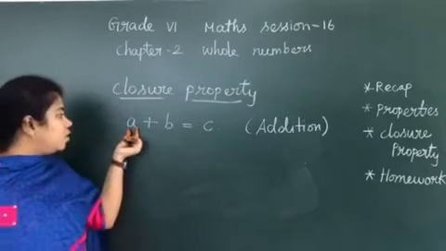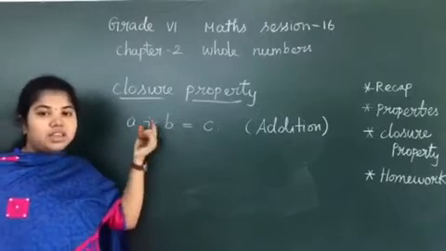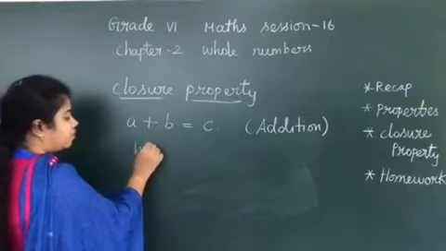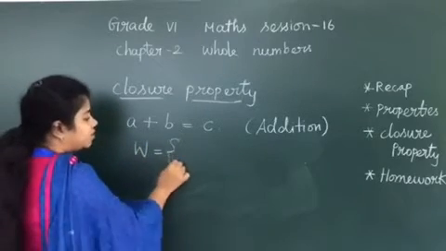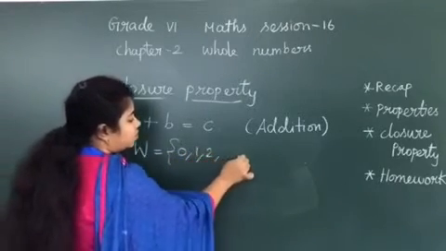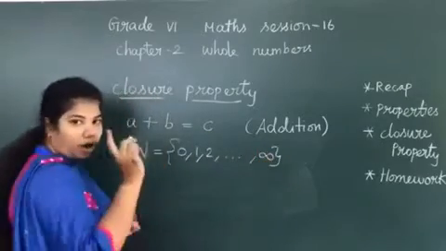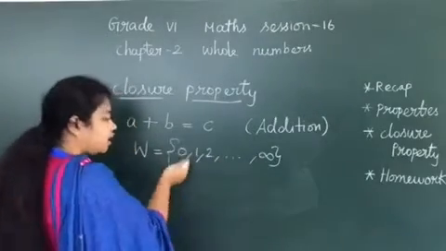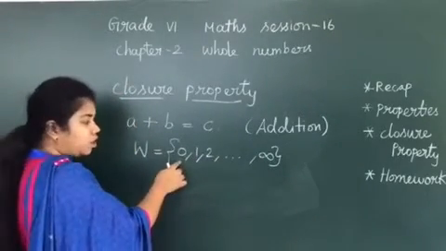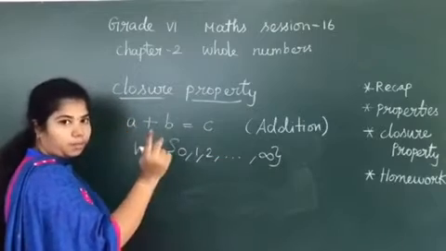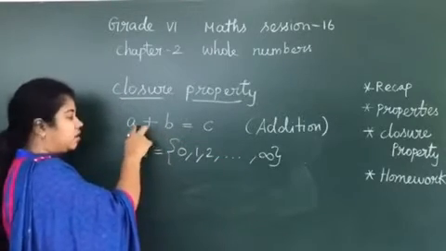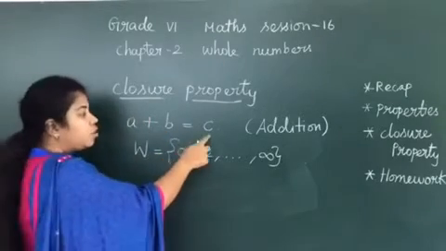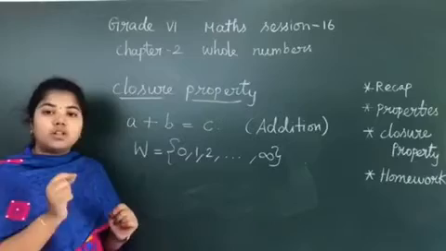Okay. So now listen, A, B. These 2 numbers should be whole numbers. What is a whole number? Whole number is represented with the letter W and it starts with 0, 1, 2, etc. and goes on up to infinity. You are going to choose any 2 numbers in between 0 and infinity. You can choose 0 also. If you are choosing any 2 numbers, that is for A one number and B one number, if you add those 2 numbers, your answer should be C, which is also a whole number.